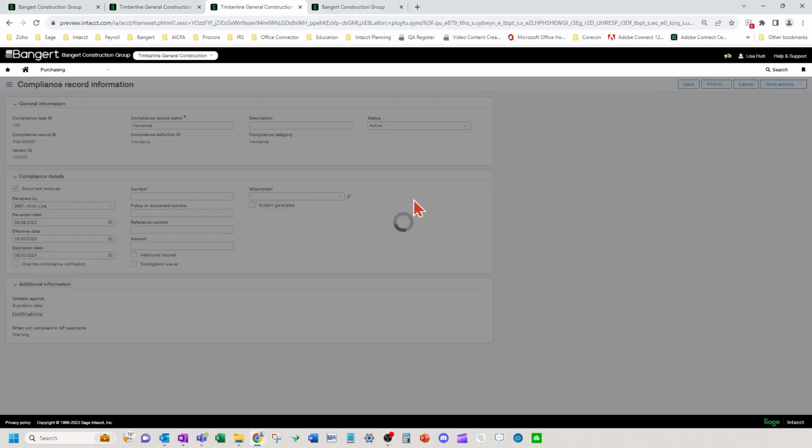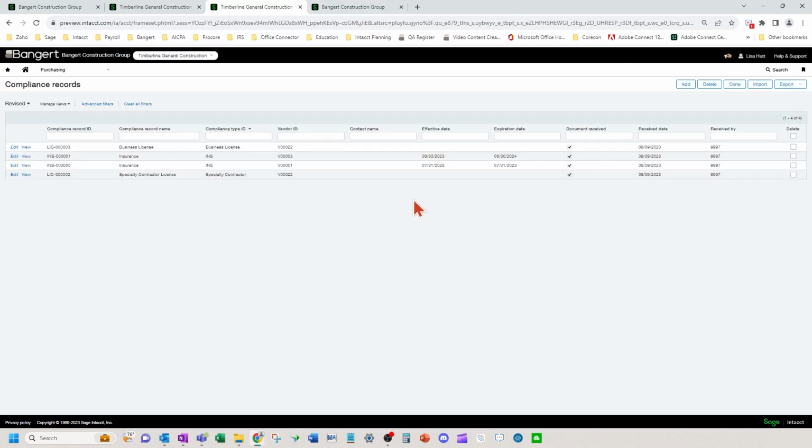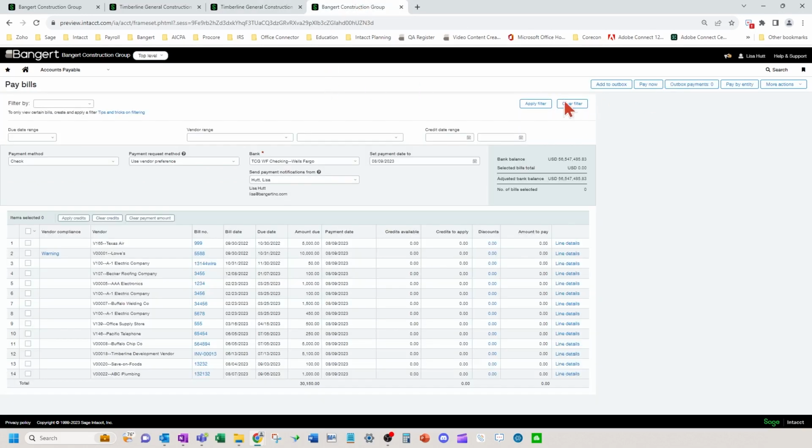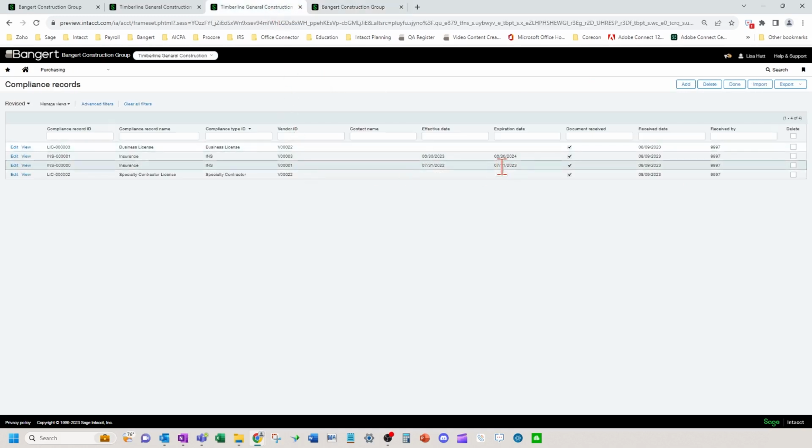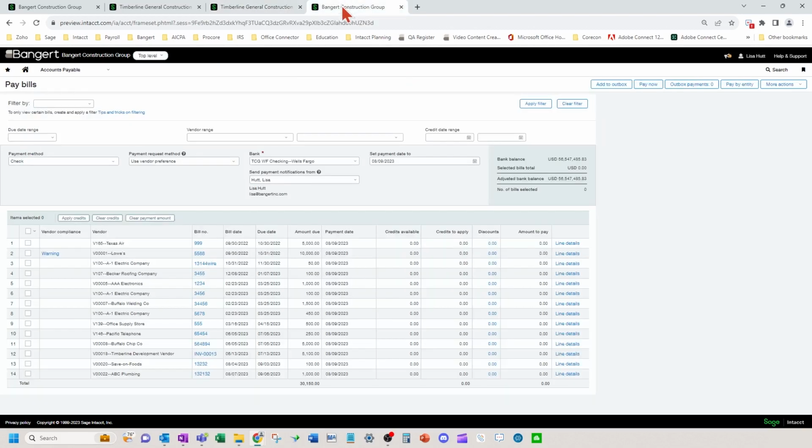So let's look at a couple that are in the system here with the expiration dates. So here's one that's expired on vendor V00001. You've got vendor 3 here that is not expired. Okay, so let's go look at the pay bills screen and refresh this and see what this looks like now. So vendor 1 has a warning, so that's what I've set up in that definition to say, hey, I'm past July 31st now, because today is August 9th. So over here, it's giving me a warning on my pay bill screen on that vendor each time.